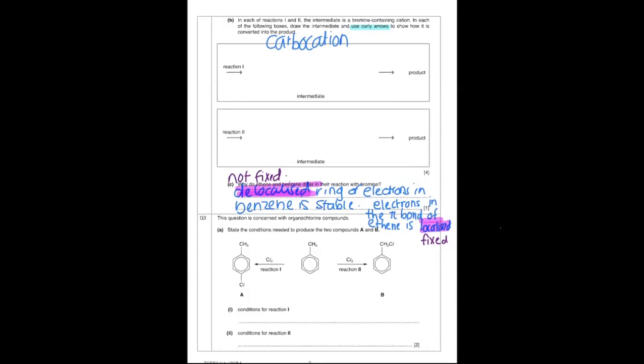Your reaction is in the benzene ring. Okay, so you need to know the mechanism that is associated with benzene, right? Reaction B, your chlorine is added on the side chain. That side chain is an alkyl, and it is an alkene. So that means you have to look at the reaction at